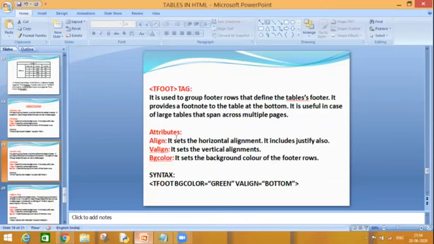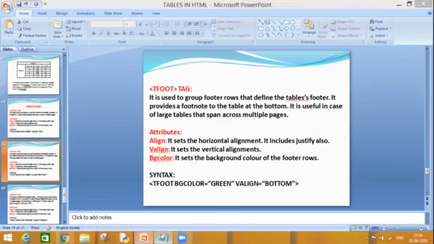So similarly here, once I have applied my THEAD and TFOOT, it will be applied throughout the table, whether it is spanning 200 pages or 20 pages. It depends upon the length of my table. So TFOOT is working in the same way. It groups all the footer rows together, which I want to include in that, and it provides a footnote to the table at the bottom.